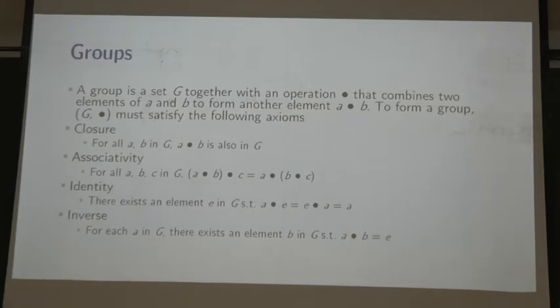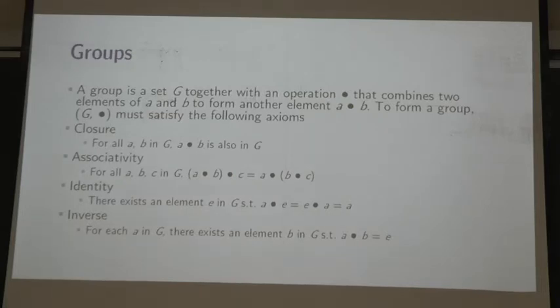And then finally the last property is inverse. For each A in G, in our example for each integer, there should also exist another element B such that A dot B gives identity. In the set of integers, if A is a positive number, B will be the same number with a negative sign, so that 2 plus a minus 2 would be a 0.